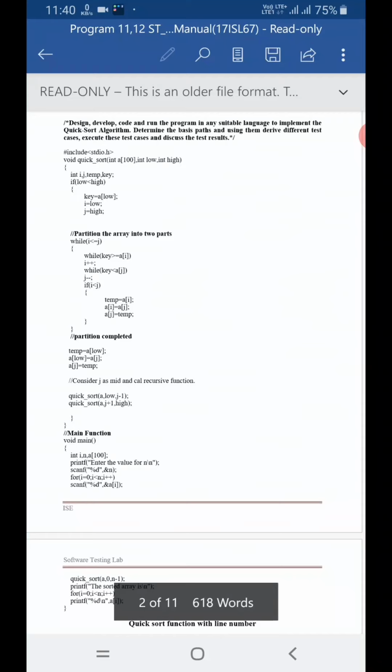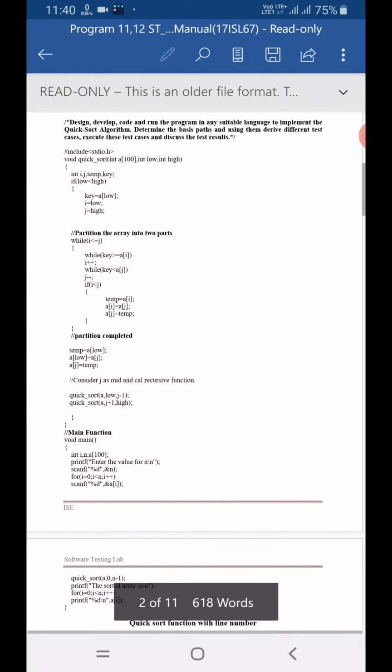If the last node in the program is connected to the first node, then V(G) = E - N + P, only single P. If there is no connection between the last node and the first node, then V(G) = E - N + 2P. Here V(G) is the cyclomatic complexity of graph G, E is the number of edges, and N is the number of nodes.